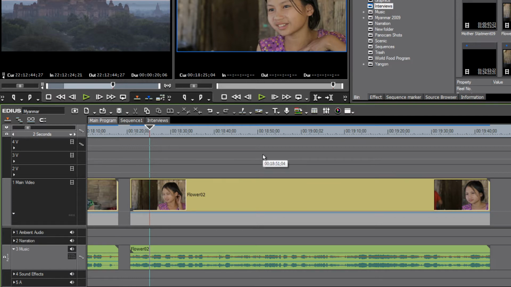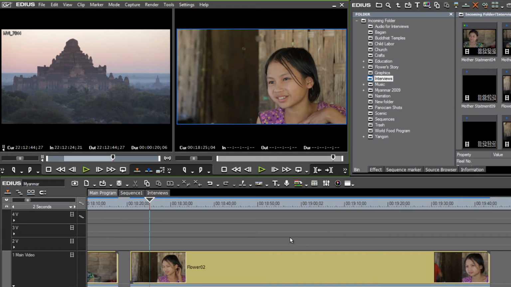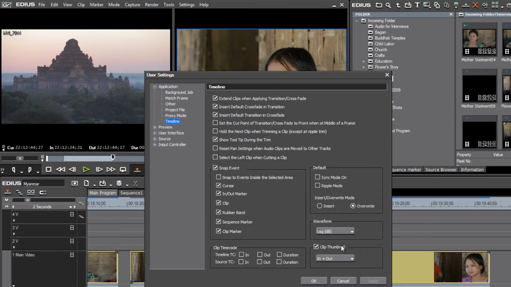If you are coming from a video editing program that shows you multiple thumbs or many thumbs for any given clip, and you prefer to edit that way, there is a user setting that you can change to show you multiple thumbs. You can change that setting up in the same area where we were just looking to change our waveform. Go back there, it's settings, user settings, application, timeline, and down here under clip thumbnail,